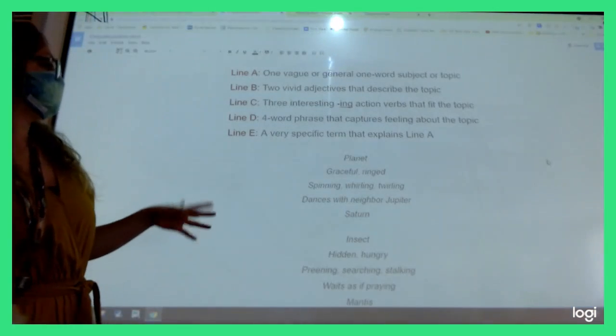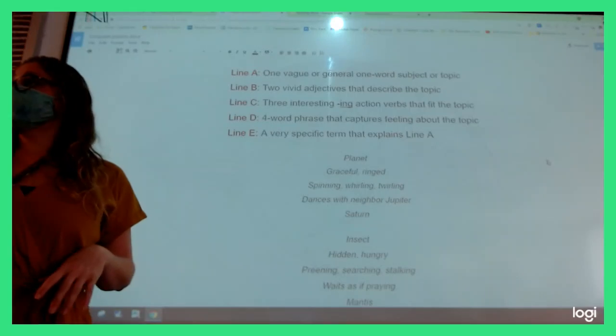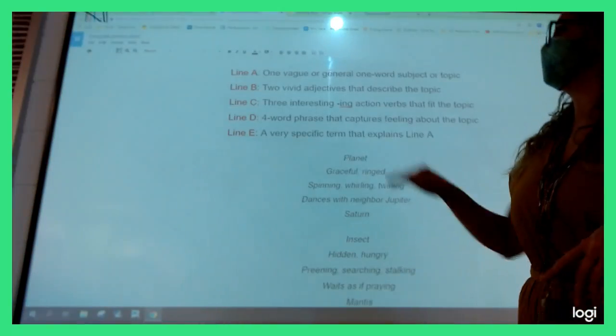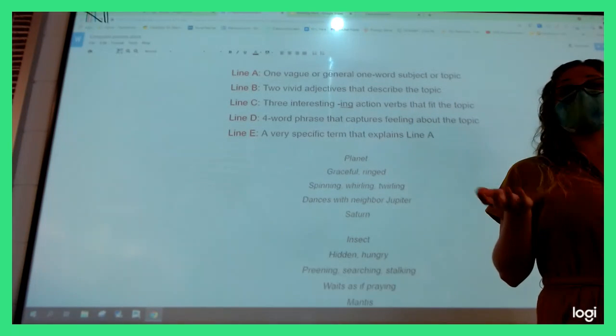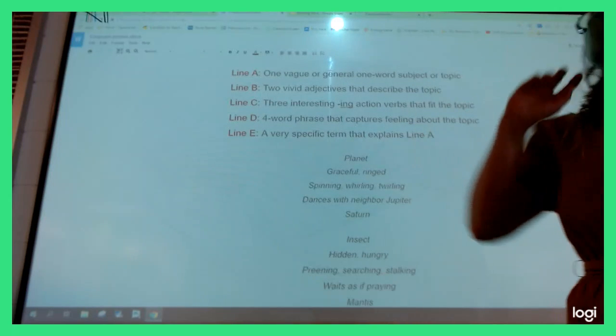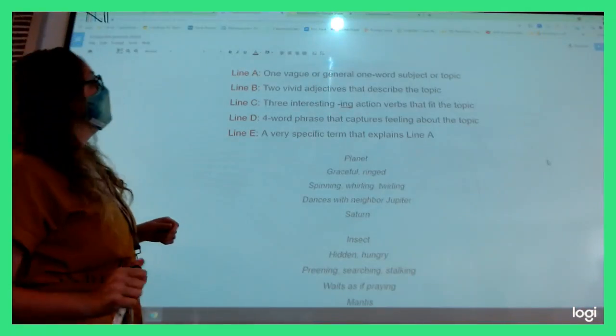All right, today we're going to shift gears to something different but similar, okay? It's different because we're not counting syllables. It's similar because they kind of tell you what each of your lines has to be. So for people that don't really know how to write poems and where to begin, this really helps you get started, okay? So this is called a Cinquain poem. So in your notebook, friends at home, if you need to grab your writing notebook, please grab your writing notebook.